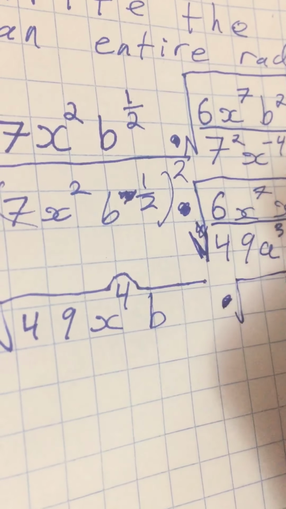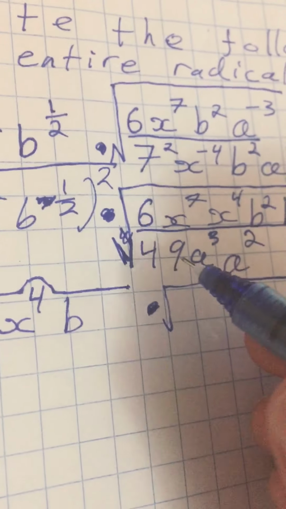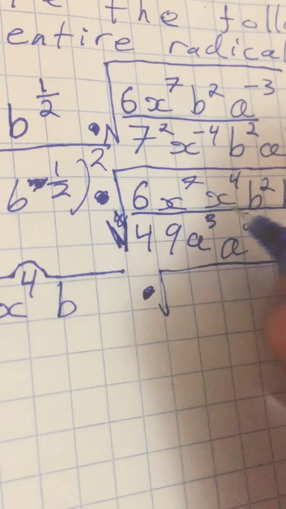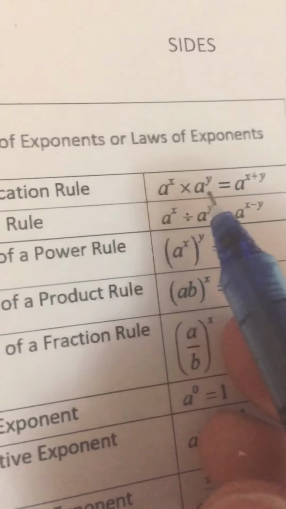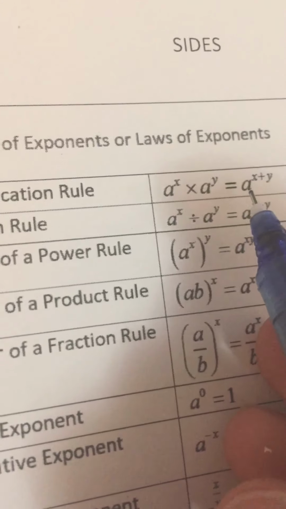And now, in the second part here, I have x to the 7 times x to the 4, and we know from our multiplication rule that a to the x times a to the y equals a to the x plus